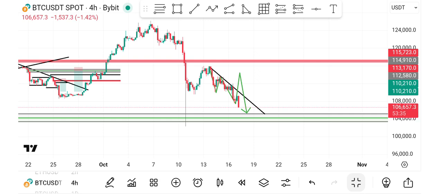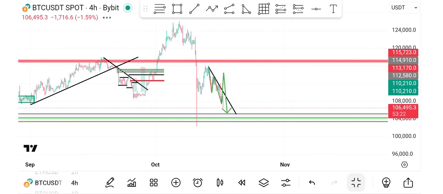And in the short term, right? So how do you trade? How do you trade this? First of all, you need to identify the trend of the market, right? Now, how we identify the trend of the market is